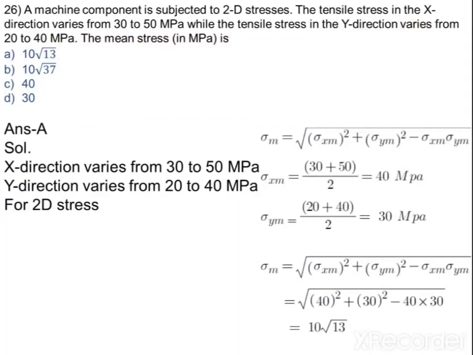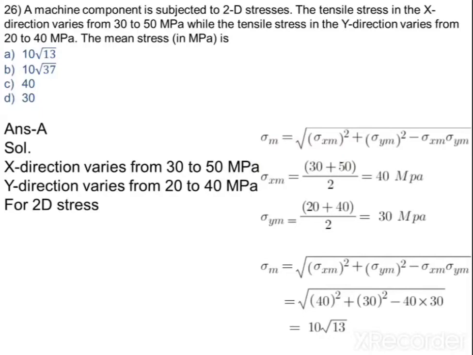You have to calculate the mean stress. Yes, what is the formula for mean stress? If you have studied very well, then it is very easy to calculate this. Question number 26. For mean stress, the formula is square root of sigma xm square plus sigma ym square minus sigma xm into sigma ym. So basically in the x direction you have to consider the stresses, also in y direction you have to consider